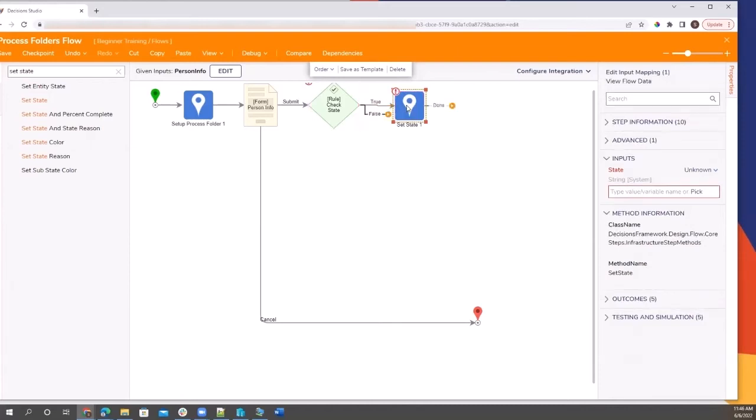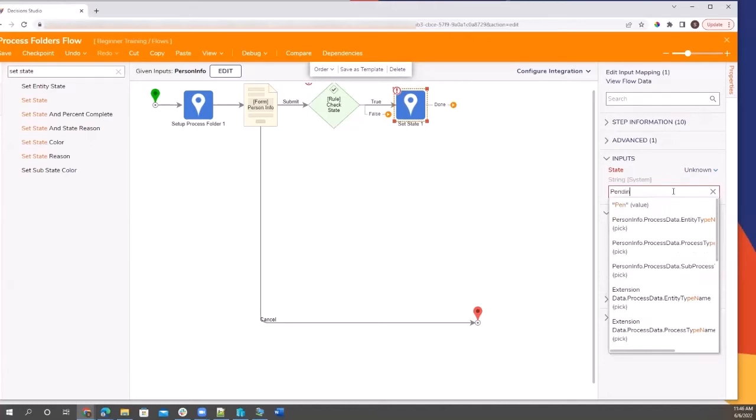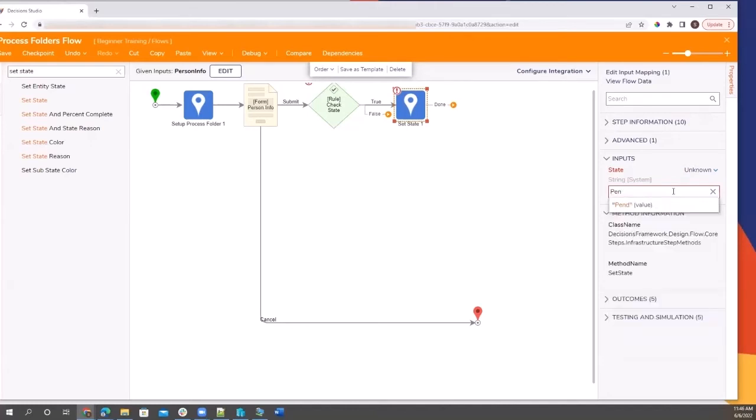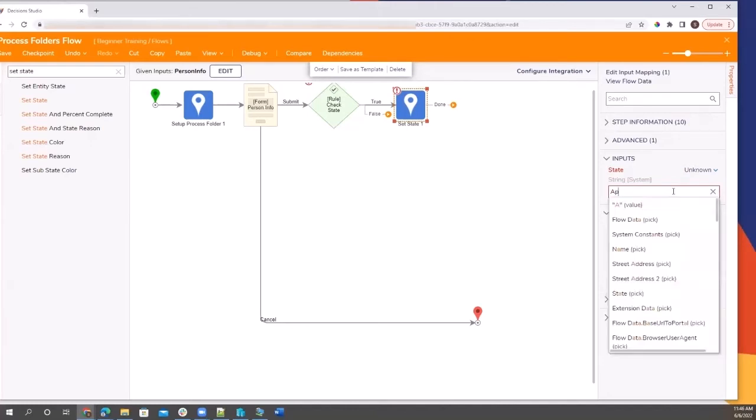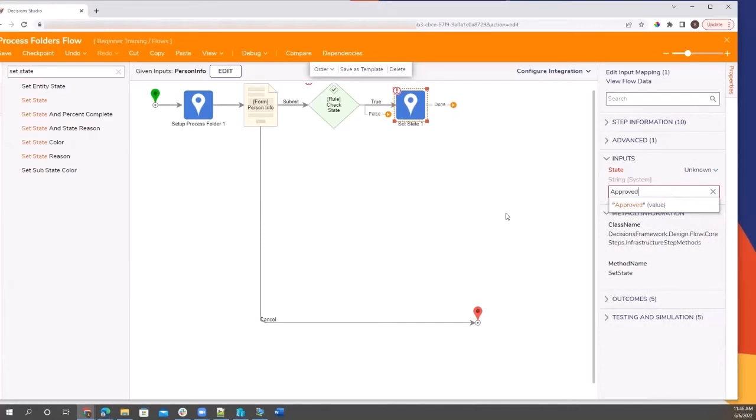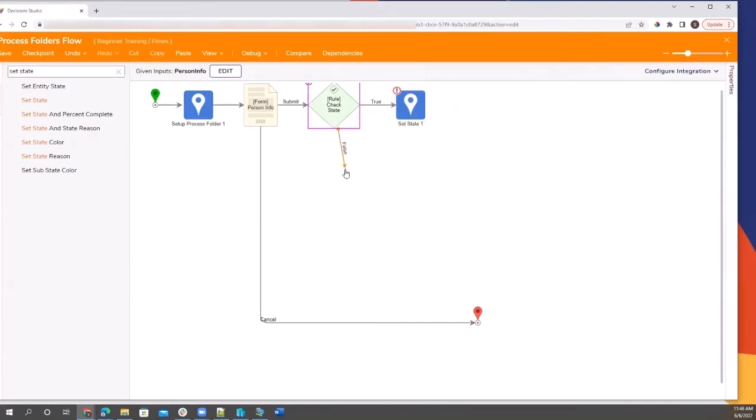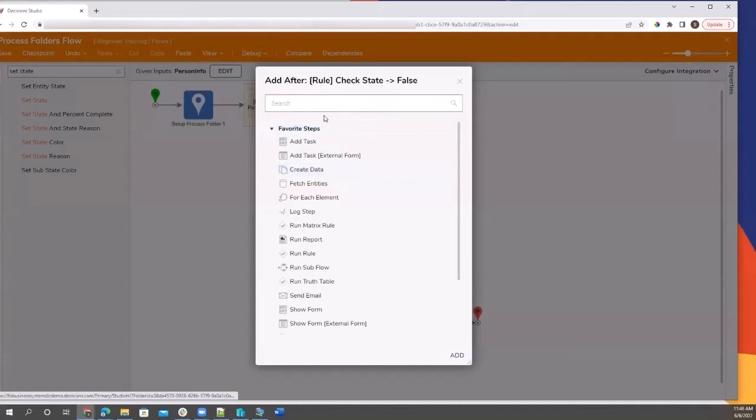So if it's true that the state entered into the form is within that list, then I want this to set the state to, let's say, approved. And if it's not, then I want it to set the state